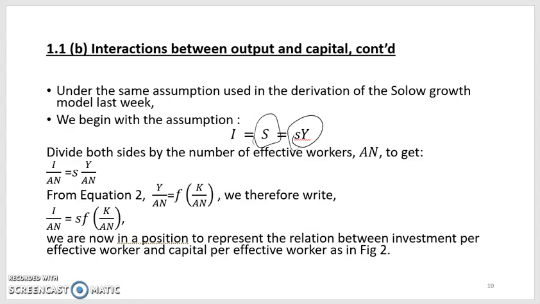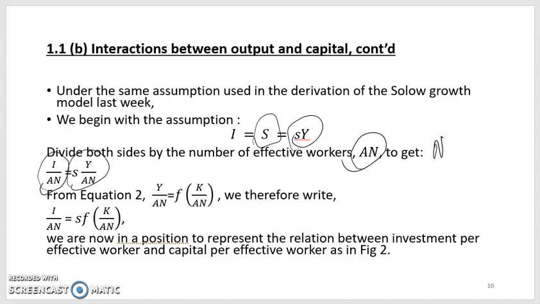private savings. As we did before, we divide both sides by the number of effective workers, since now we're looking at effective workers. If you remember, last week we divided by worker instead of effective worker. Doing so shows us that investment per effective worker is equal to the savings per effective worker. This is pretty straightforward as it follows from what we covered last week. In essence, it tells us that we are looking at investment and savings per